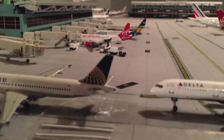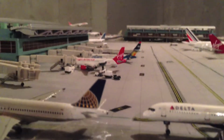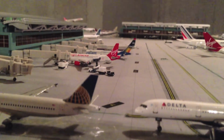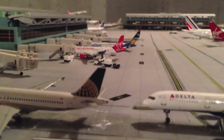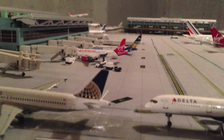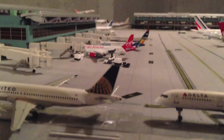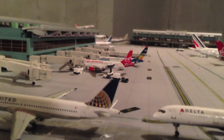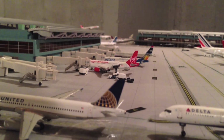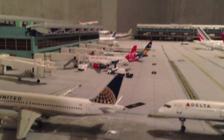And for American, it's really hard to get JetBlue planes. Like, no one really has it anymore. And there's no E190s, as I said before. And American, they're merging with a new livery, and I'm just waiting till Gemini Jets releases it. So it's not coming anytime soon, those terminals, so I don't want you guys to be worried about that. But my birthday is coming up, so anyway,